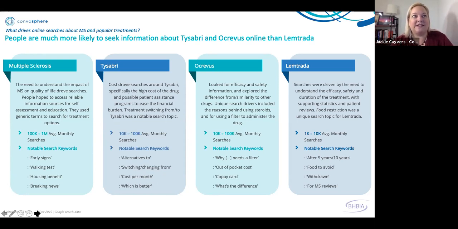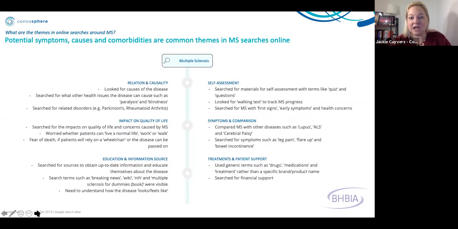The other thing is, I think they call it the 90-9-1 rule, that 90% of the people are just consuming content, reading things that are online. 9% are commenting, responding to things online, and 1% are creating new content, or writing blog posts, writing forum posts, things like that. So not everyone who's appearing in these Google searches would have been the people contributing to those conversations that we saw from the social listening analysis, but it does help give us a view of those people who aren't creating content or commenting, what they're looking for and what their needs are as well.